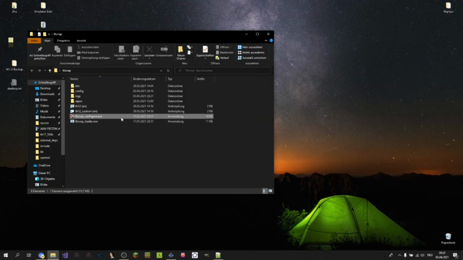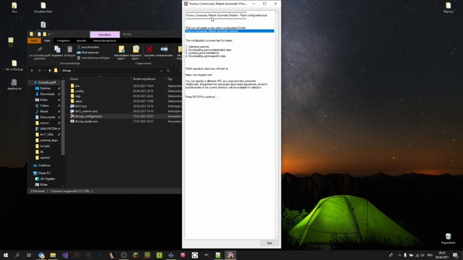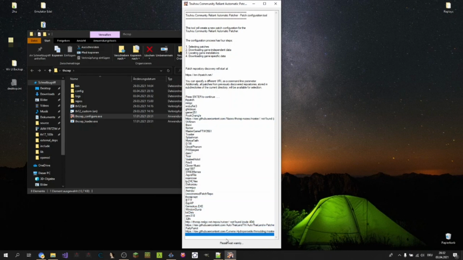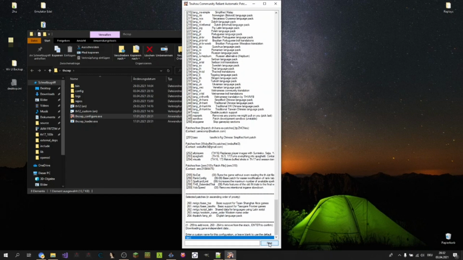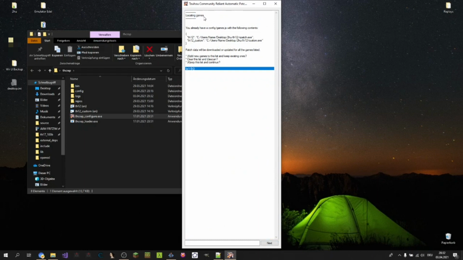Now, let's launch thgrab configure again. I will not go through it like before, I will simply point out the differences to running it the first time. So, it sees that I already have a games list with games in it, and I can either decide to completely throw it away and make a new one, or I can add things to it or just not touch it at all. I am going to add something to it,